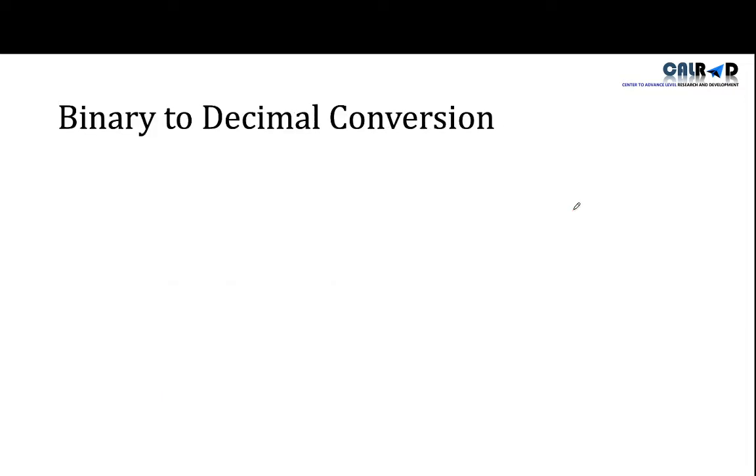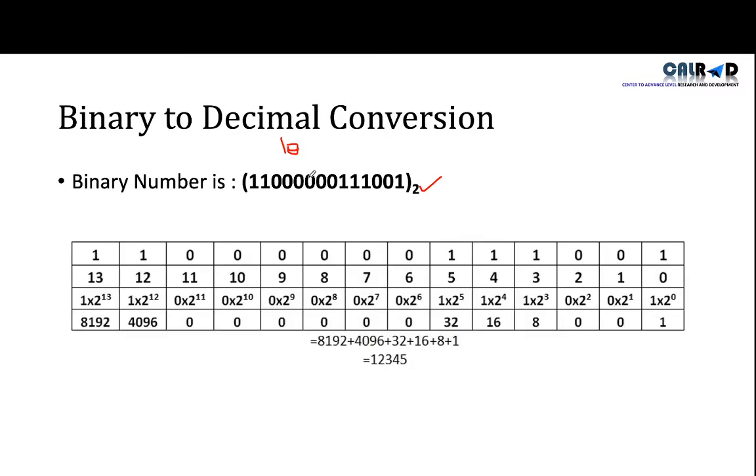Now we start the number conversions of binary to decimal conversion. Before that we did decimal to binary conversion. Now we will do binary to decimal conversions. We have a number that starts from 1 1 and ends on 0 1 and the base is 2. This means we have a binary number and we have to convert it into a number system which has a base of 10, because decimal has base 10. So this is the method you have to follow.